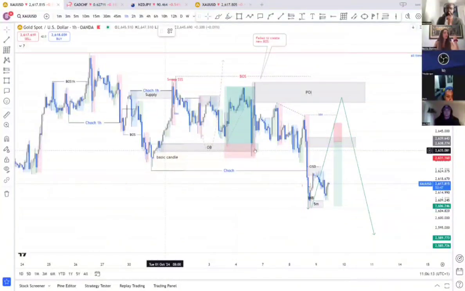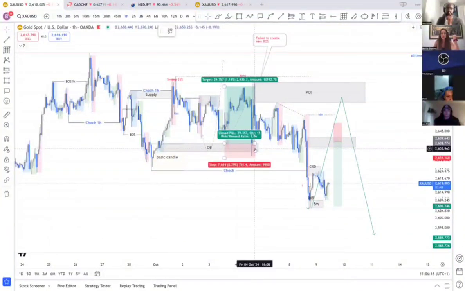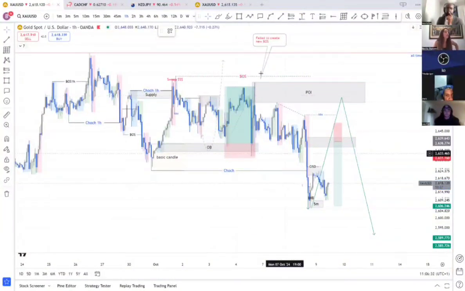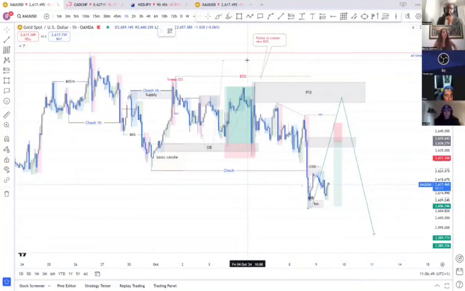And then I did get this trade, which was quite scary because of the news. It went straight down. It was going very well, and it went straight down almost to my stop loss, and then it went up straight away, taking me to my take profit. But still, it failed to create a new break of structure, which was quite expected because every time we see change of character happening one after another, we know the price is going to be uncertain, and we don't really know where it's heading. And that's why I explained to everyone there that the next trade is going to be very tricky if we took the second trade over here,